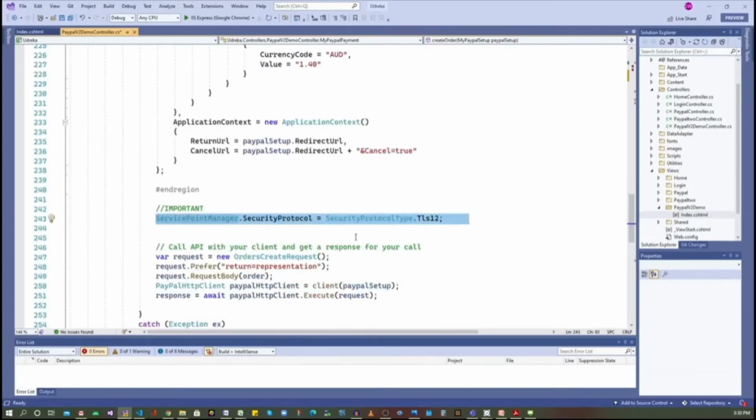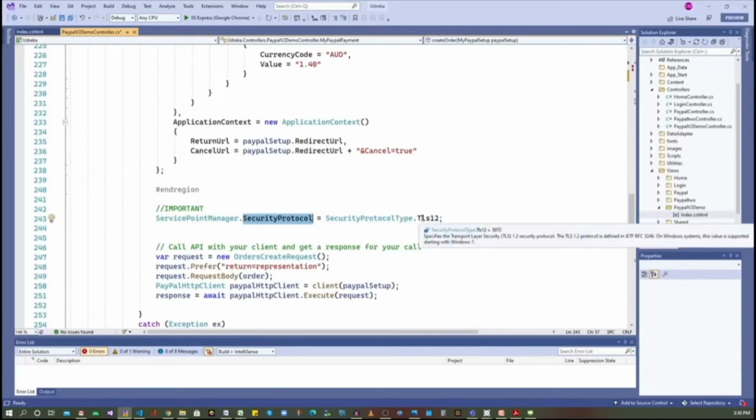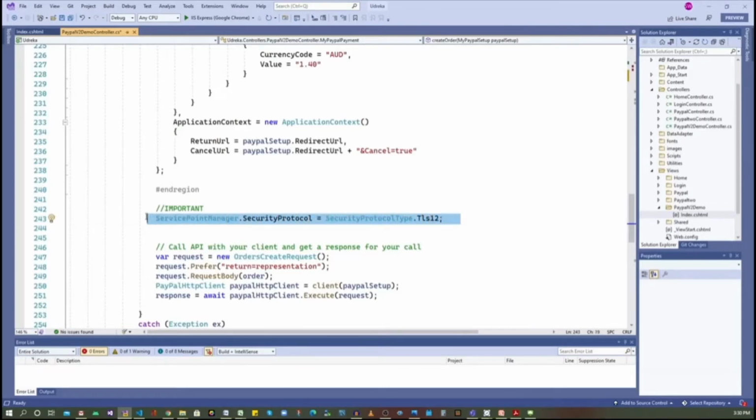Then this is another important part. You have to mention the security protocol and assign it TLS 1.2. This is a requirement of PayPal. If you do not set this, if your channel is not enabled for TLS 1.2, the PayPal API will throw an error.